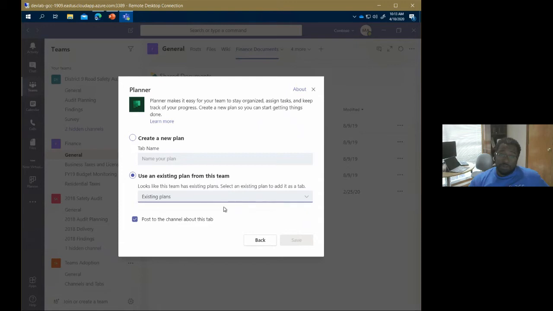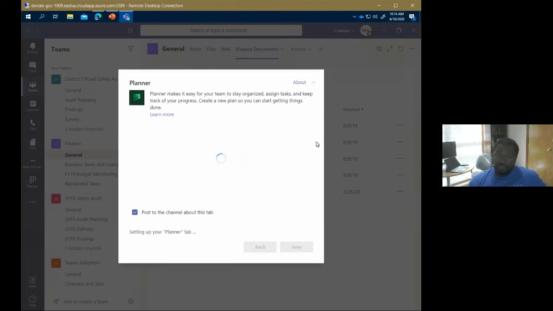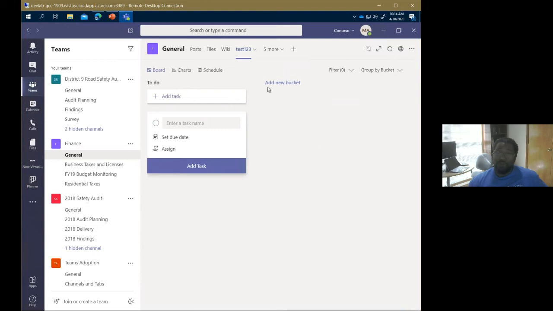And in this case, do I have any existing ones? No, so let's make a new one then. So I would create a plan and name it here. And so Teams is again doing the work for me of actually, in that separate service, making the plan and then integrating it here. And again, it's doing it elegantly. If you've ever seen Planner, there's certainly other things that would show, but I'm seeing the main things here, which are my different buckets, my ability to add tasks here.